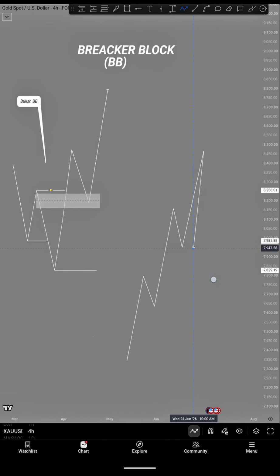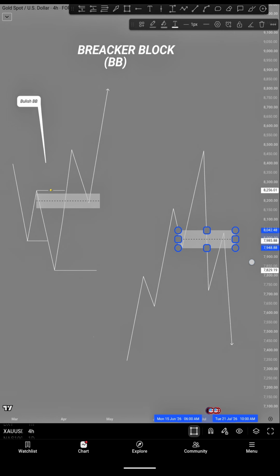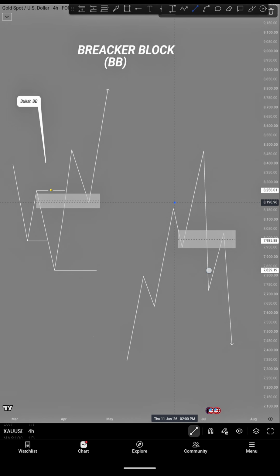Like, if this is a strong low, say price violates it like this, then what you should expect is a change of character, and price coming back to mitigate this area for continuation to the downside. So this will be your bearish breaker block scenario, with this as the last break of structure to the